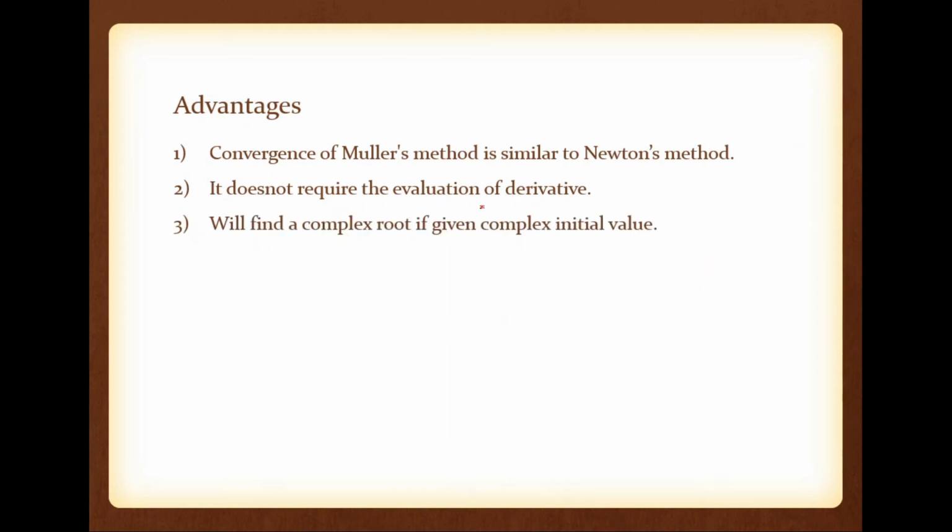And another one is we can find the complex root also. Okay, but in order to find the complex root, we need a complex initial value. If you are able to give a complex initial value, we can find the complex root. What is the disadvantage of the modulus method? The disadvantage of the modulus method is that the number of steps in each iteration is very large. That is a disadvantage. Okay, so I am stopping here.